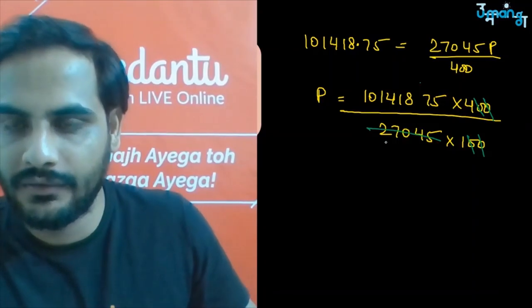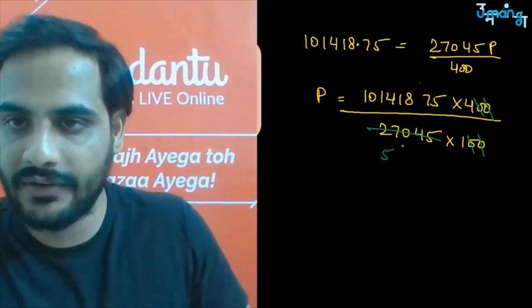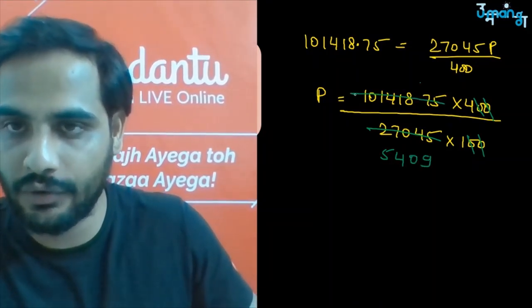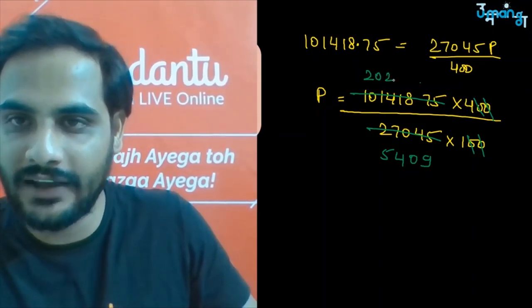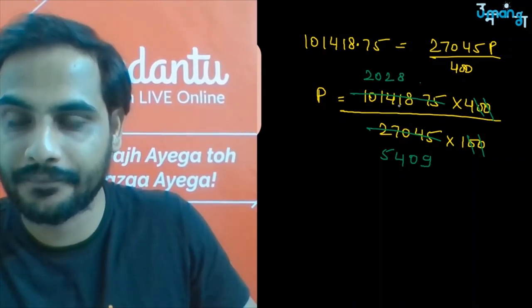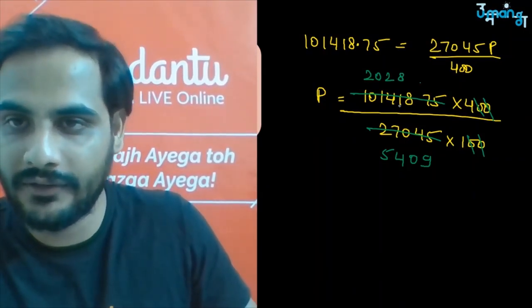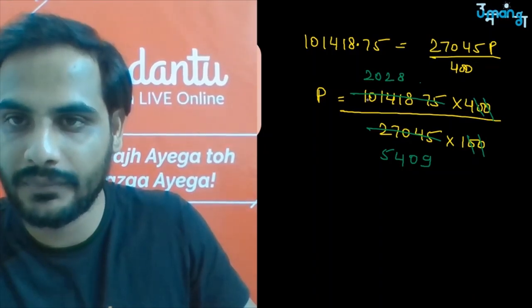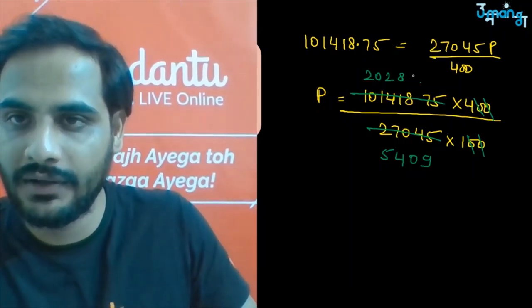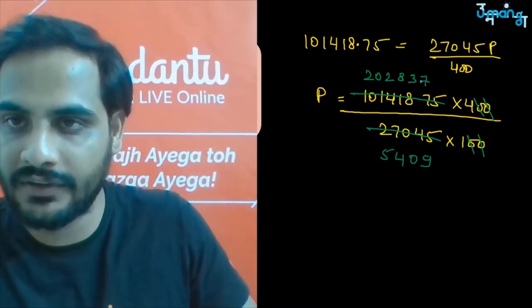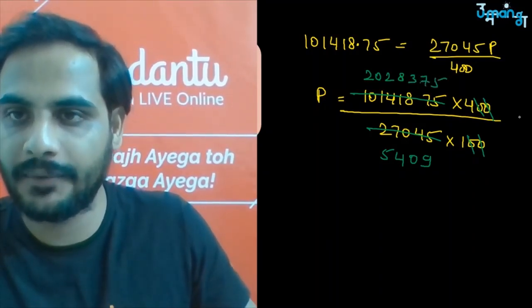Okay, so I will say 5 5s are 25, then 5 4s are, then 0 9, and here you'll be having 5 2s are, 0, 5 2s are, 4, 5 8s are, 5 8s are 41, remainder 1, 5 3s are 15 remainder 3, 5 7s are 35 remainder 2, 5 5s are.